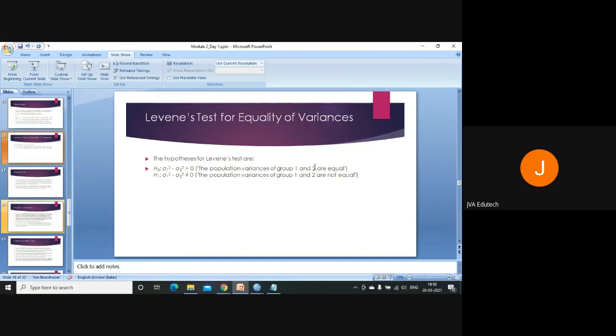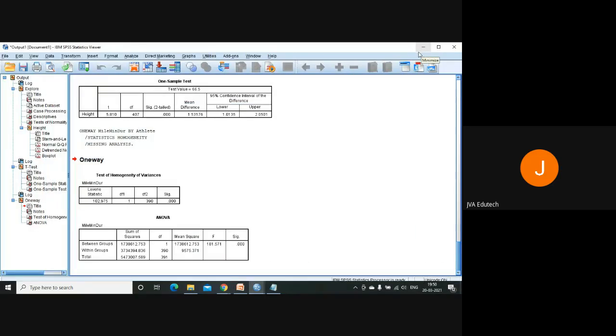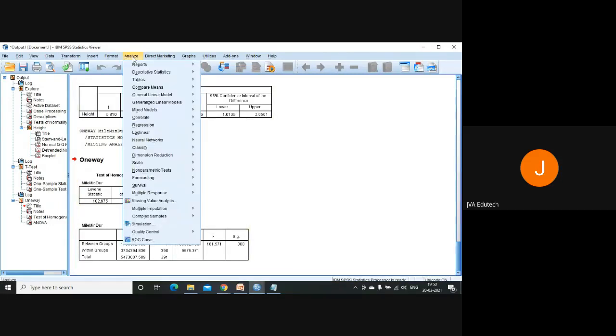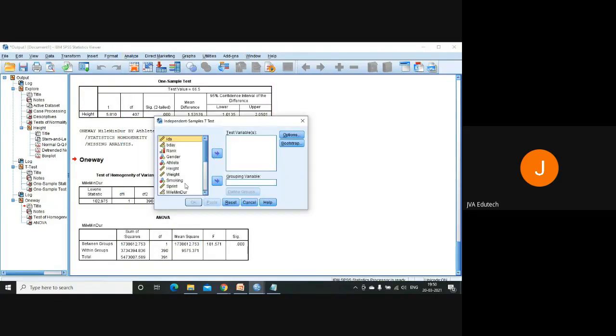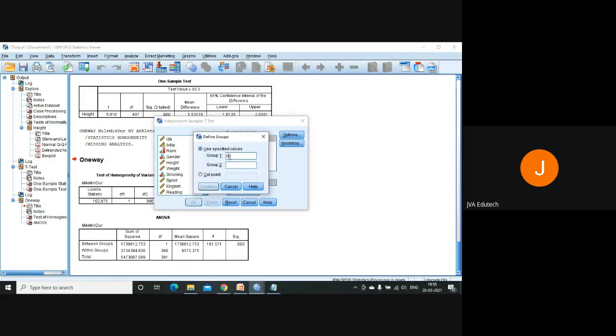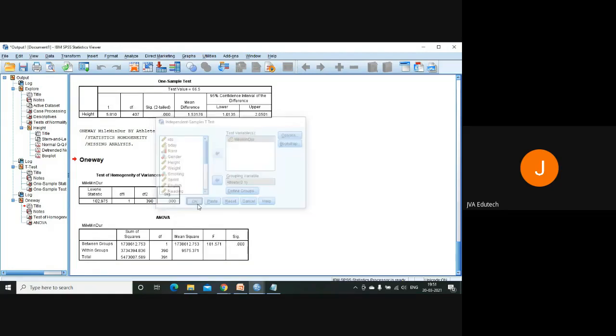But can't we apply the independent t-test? We will apply it, but the statistic will differ. Let's check. So remember, there is no homogeneity of variance in our case. We have checked through this. Now we are going to apply the independent t-test. So for the independent sample t-test, we will bring this mile time in minutes to the test variable because this is what we want to test. Then athletes are our groups. So we have two groups, 0 as non-athlete, 1 as athlete. Continue. Okay.